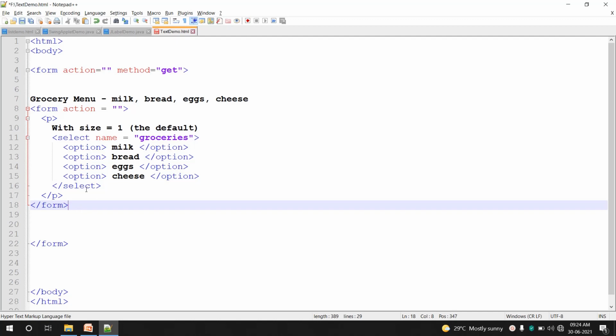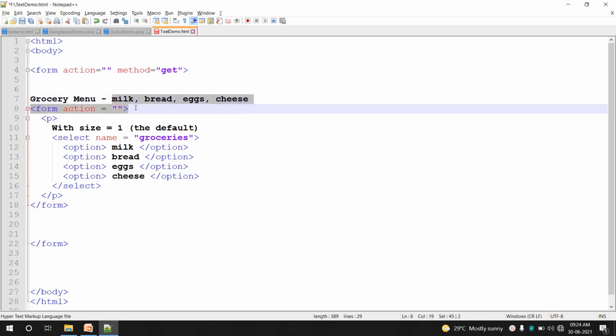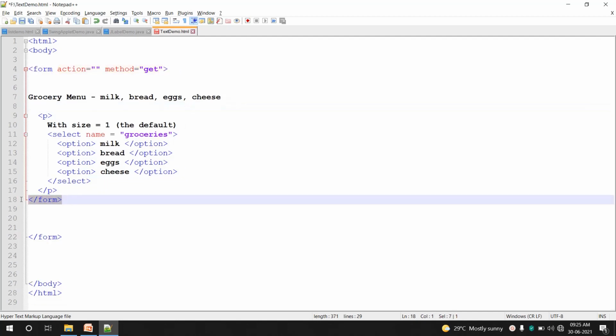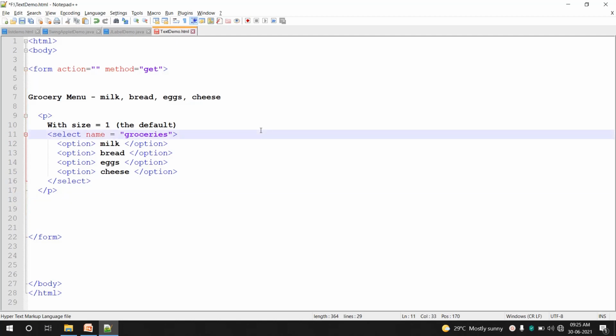We have a form. There are 2 forms, so I'll remove one form declaration. I'll save it. So let us execute and check the output.